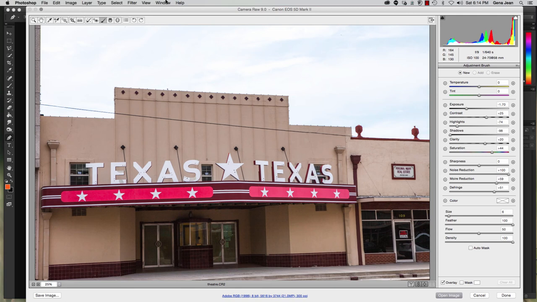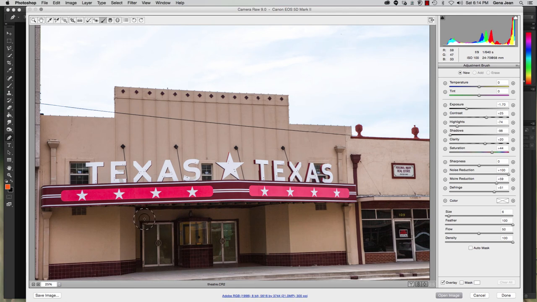I may want to paint in a little more light. So I could select my adjustment brush. First of all, I want to reset all of my settings. There we go. I'm going to bump my exposure and my highlights, shadows, and just paint in